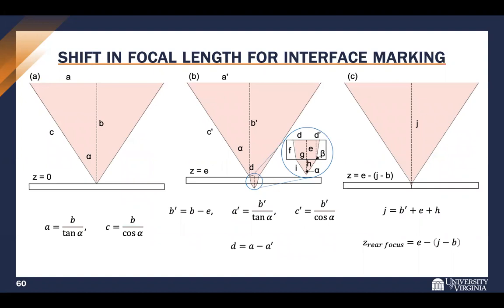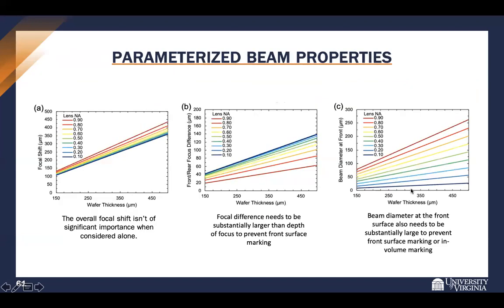Because of the refractive index change in the silicon, you'll have a shift in your focal length. If you just focused at the front surface, you might expect a profile like this. But then if you shift your wafer up by the thickness of the wafer, the light will actually be bent due to Snell's law through the wafer and focus behind it. So this won't work. You can just use some clever trigonometry and you'll find a height that you need to move the wafer up to get the light to focus exactly at the rear surface. So I did that and I parameterized it